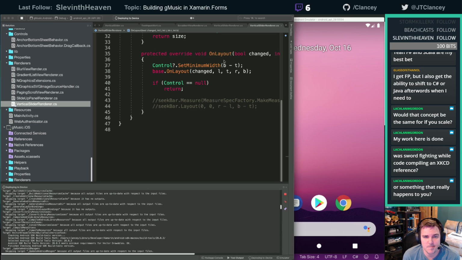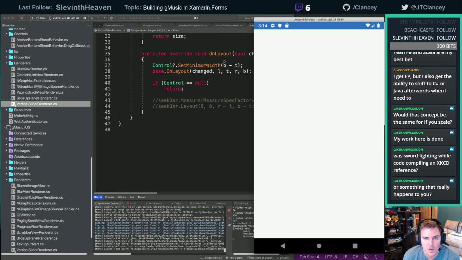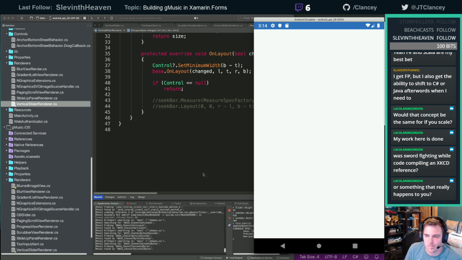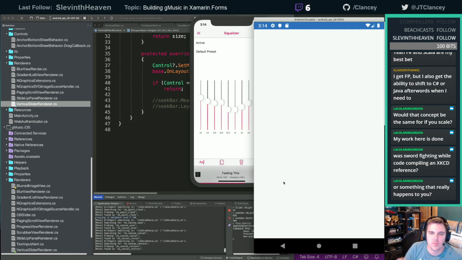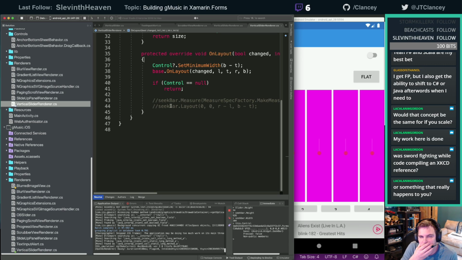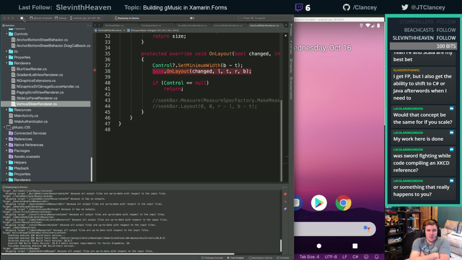Thoughts? Why? It's totally ignoring that minimum width.